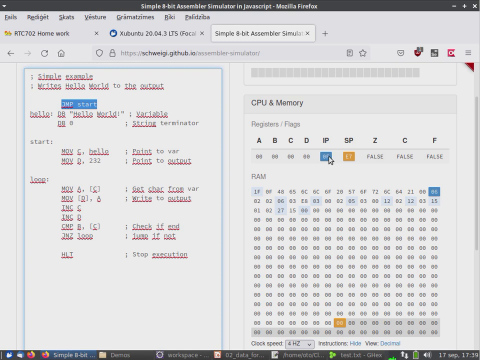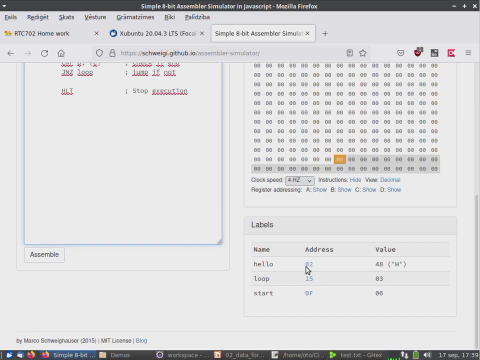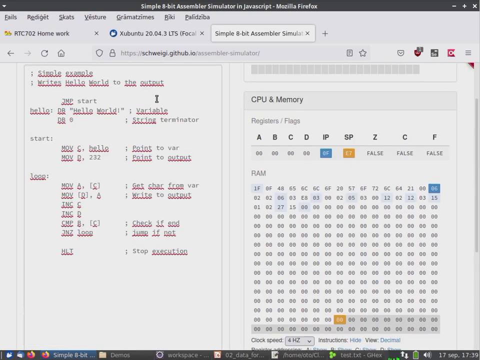So our instruction pointer is at address 0f and it is here. And then when it reads instructions, in machine code it is 020206. But in textual representation this means move data, or a byte, from a place in memory starting with hello, and hello here is a label, and the label hello points to this place, and the actual value here is capital H. And when we execute it,